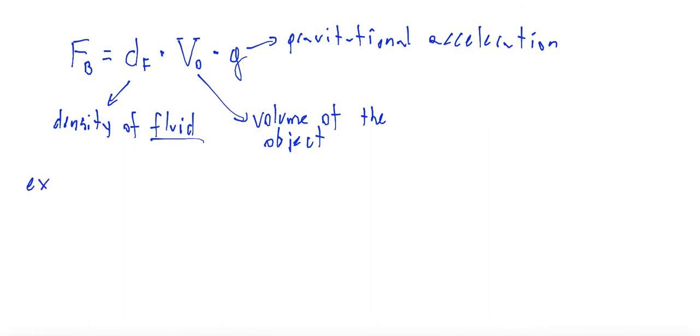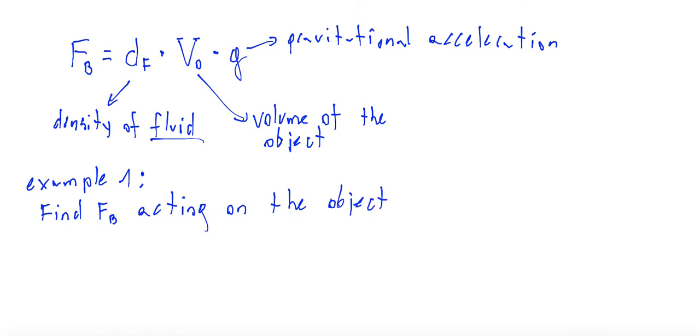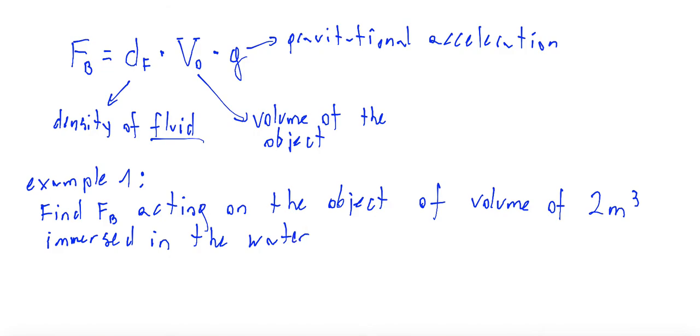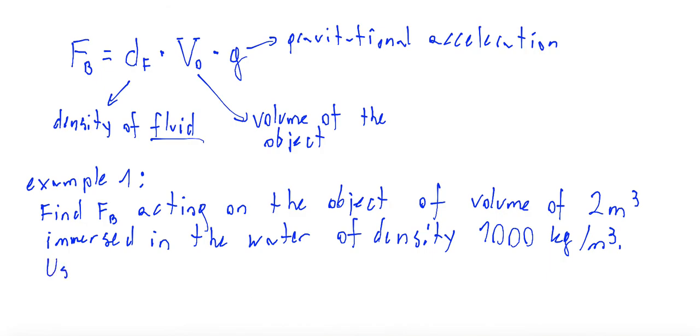So let's write example 1. Your task is to find buoyant force acting on the object of volume of, let's say, 2 meters cubed, immersed in the water, of density. Water has a density 1000 kilograms per meter cubed, and use g as 10, not 9.81 but 10 newtons per